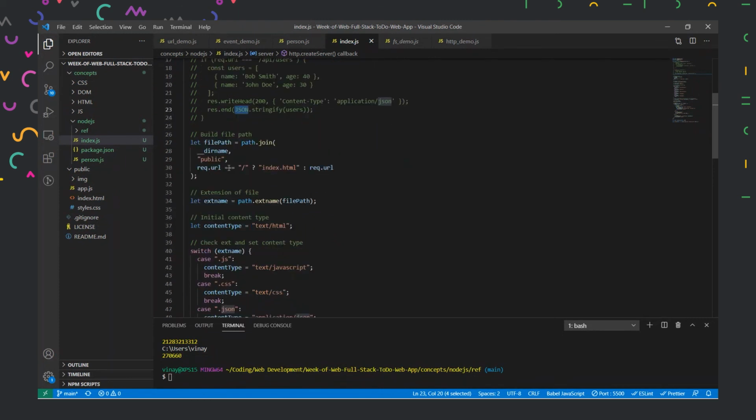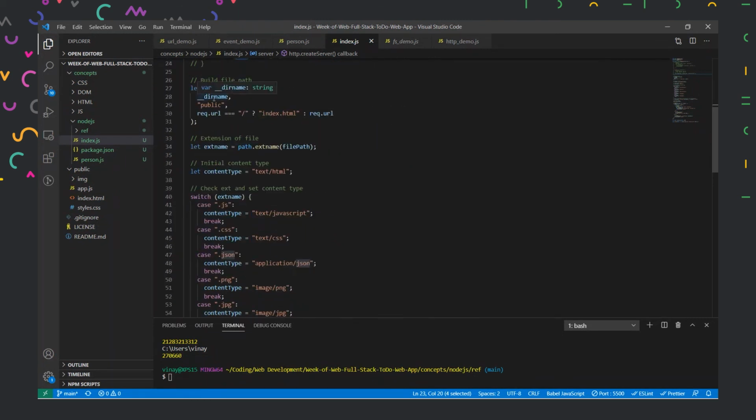Similarly, we have all these things where we are seeing the file path. We are creating a public folder like we created in our to-do list application. We created a public folder, and inside that all the static files were HTML files, the image files, the CSS files. So we need to recognize which file we are actually accessing as well.